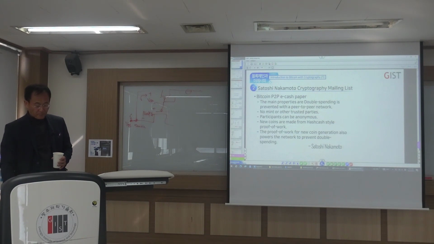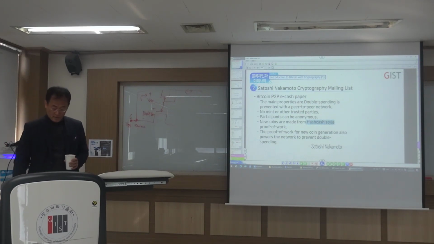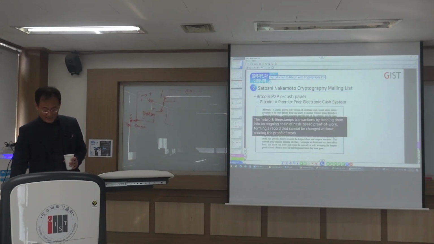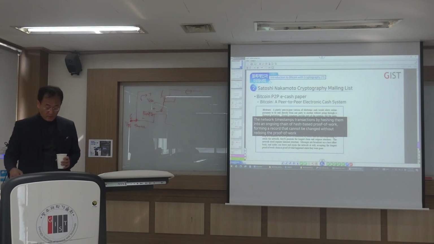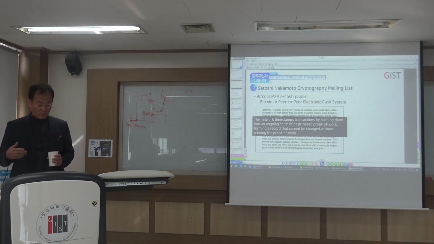And he says the main properties are: double spending is prevented with the P2P network, without banks involved, right? So no mint or other trusted parties. That's what he says. And participants can be anonymous. New coins are made from proof of work. This is previous work, right? The proof of work for new coin generation also powers the network to prevent double spending. Now you understand what it means, right? That's Satoshi Nakamoto. And then there is this sentence in the middle of the abstract: the network timestamps transactions by hashing them into an ongoing chain of hash-based